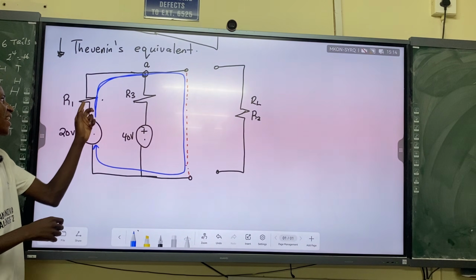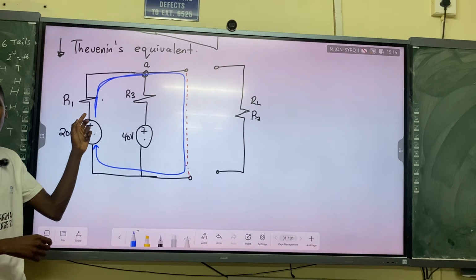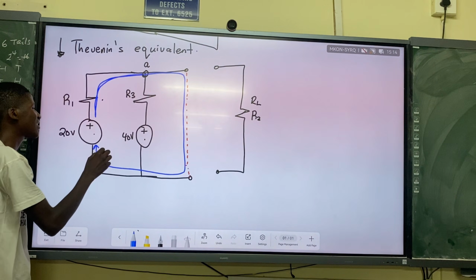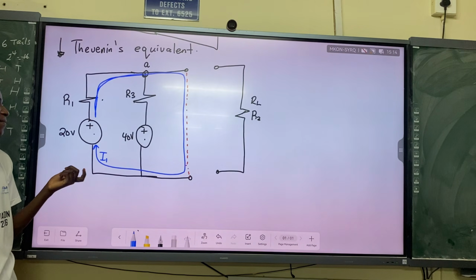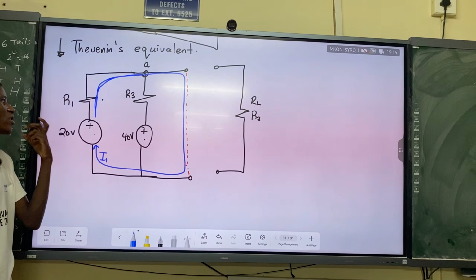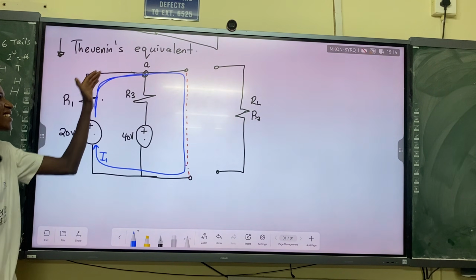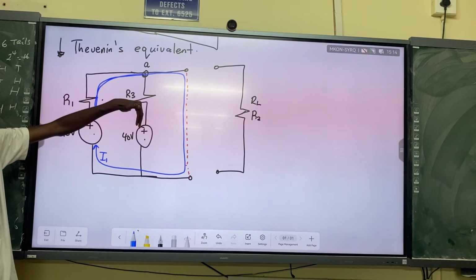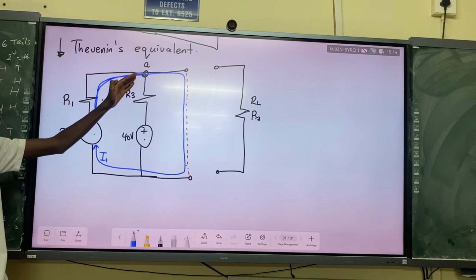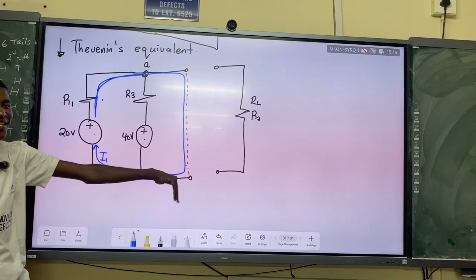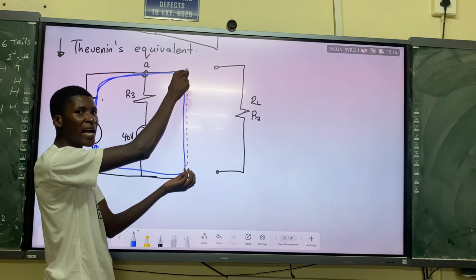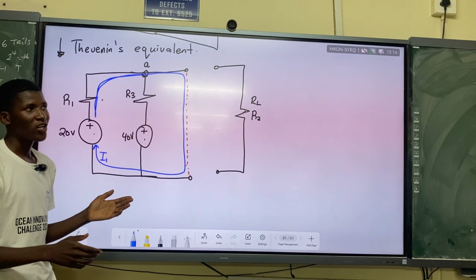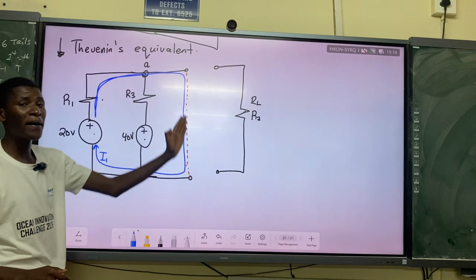Then it comes back to where it came from, because remember, the current starts at the voltage source and goes back exactly to where it came from. So let's just give it I1 as the name. This current from the 20 volts has been short circuited, because it cannot go through this 40 volts power source. Why is that? It's because there is another path that we have created. We just connected a conductor, and our conductor doesn't have any resistors in it. So there is no resistance in this part.